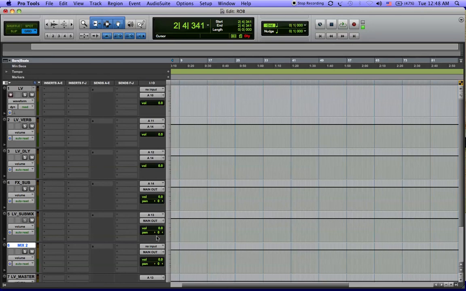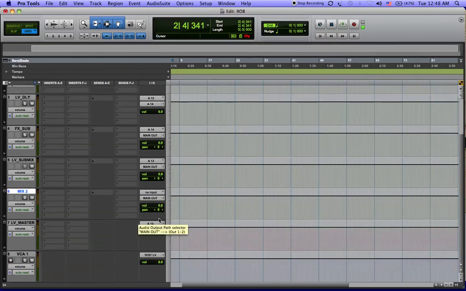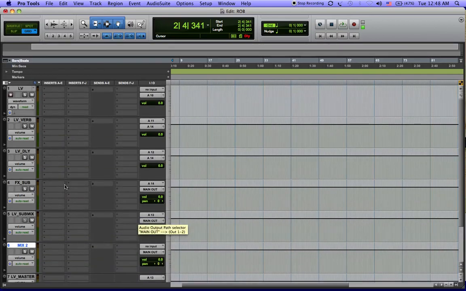Now in mix 2, okay, we got lead vocal to 10. Lead vocal submix to 10. Reverb to